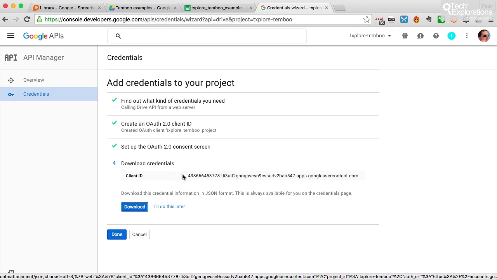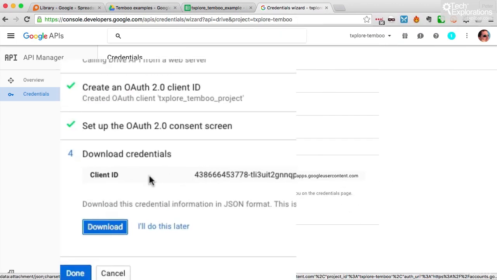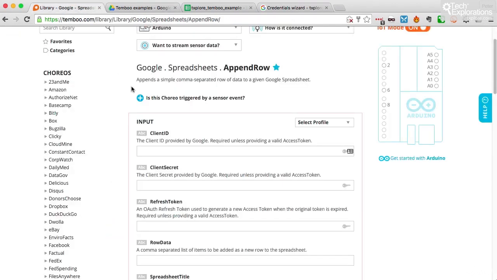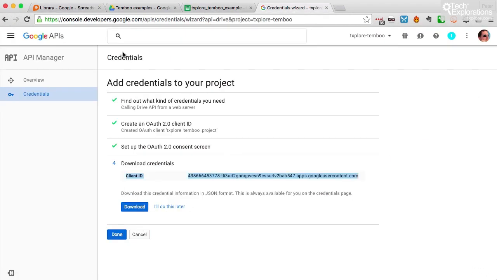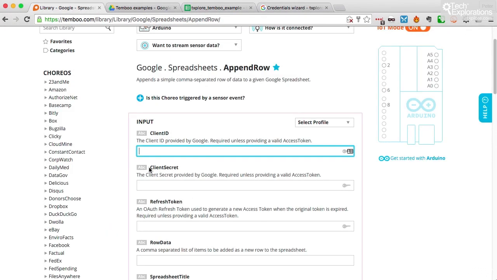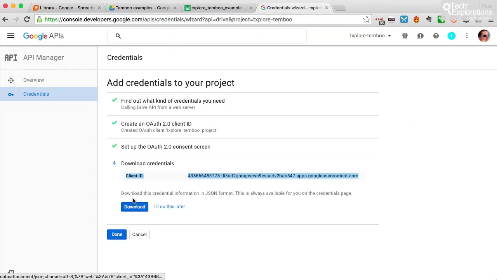And this is the information that I need. I've got the client ID, which is one of the things that I need to supply to my Temboo Choreo. And there's also, just one back, there's also the client secret, which is a piece of information that is included in this download JSON format. So I'm going to download this file